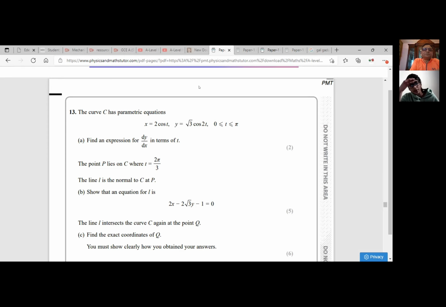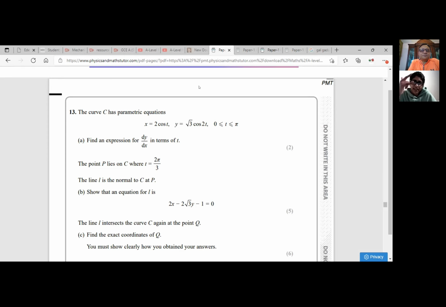So you would have to use the product rule, and so when you'll do 2 times, so minus sine t, because cos t when you differentiate. No. Oh, you're nodding your head that it's wrong. So you are jumping into the solution, and that is a trap. So first thing is find an expression for dy/dx in terms of t, right? So yes, you could do dx/dt, dy/dt, and then you can find dy/dx, correct?